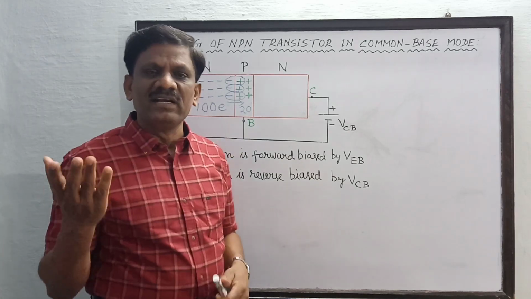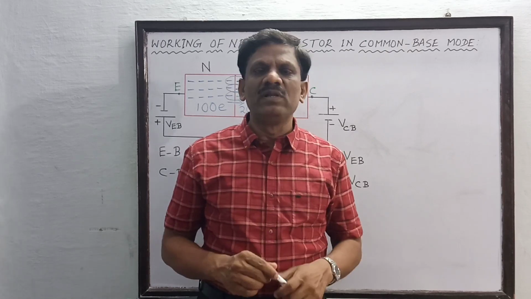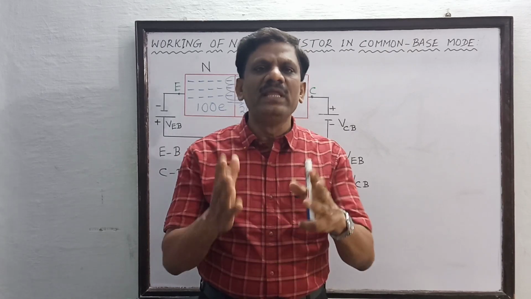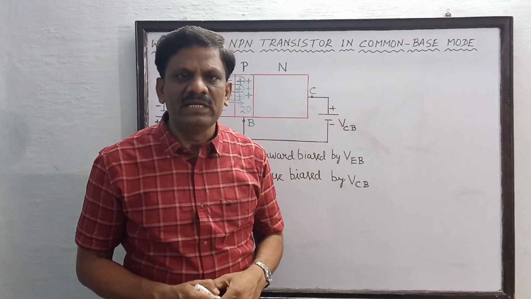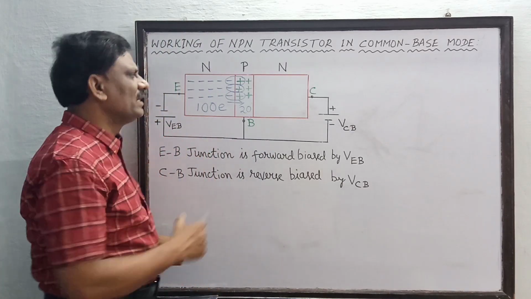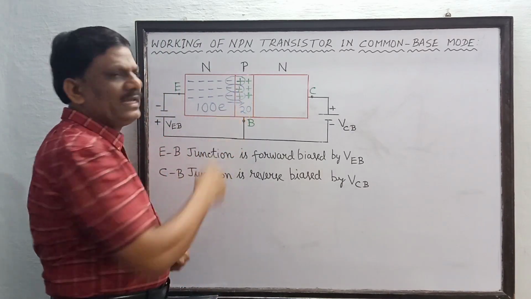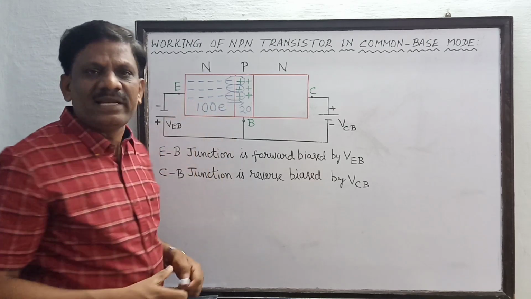So, though 100 electrons are entering into the base region, the availability of holes is only 20. So only 20 electrons can undergo recombination. If 20 recombinations take place, these 20 electrons get reduced. As a result, the remaining 80 electrons